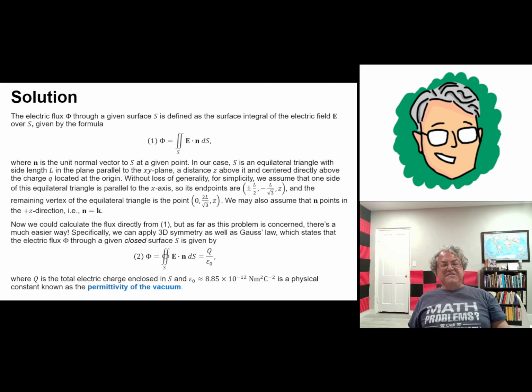Well, there is a nice trick, and the trick involves symmetry. First of all, if you look at Formula 2, Formula 2 is a very important formula here. This is known as Gauss's law of electricity and magnetism. Pretty amazing law. What this law says is that if you have a closed surface, then it's very easy to compute the electric flux through any closed surface. It just turns out